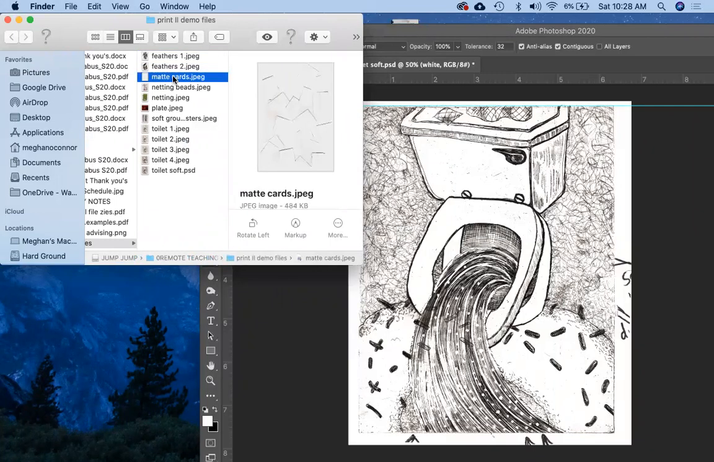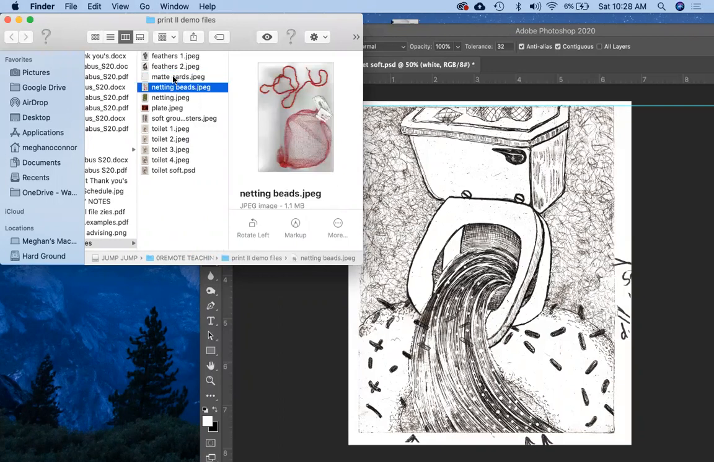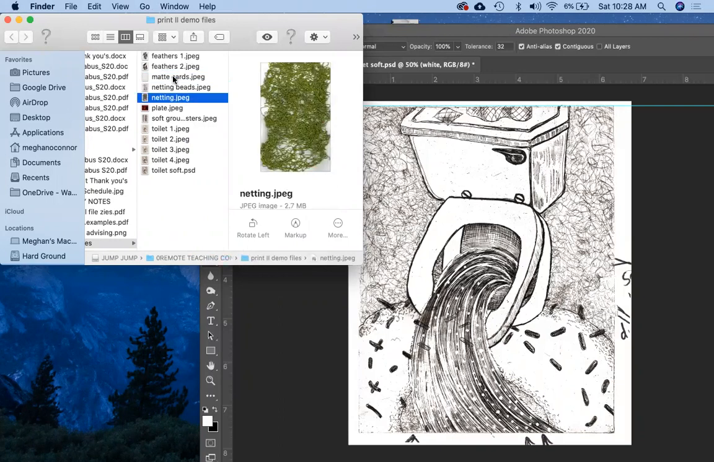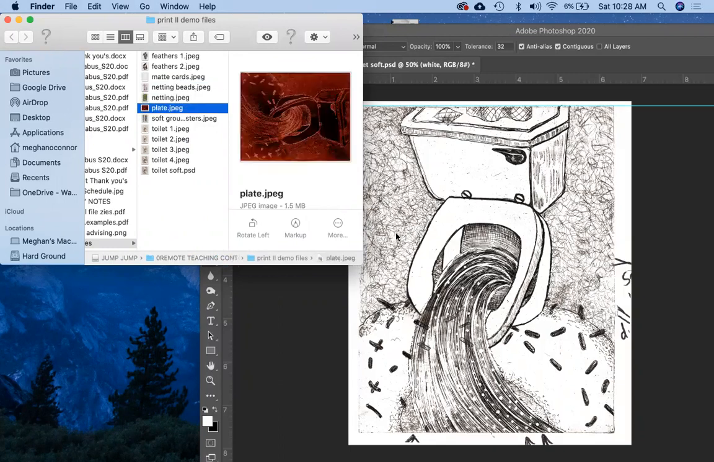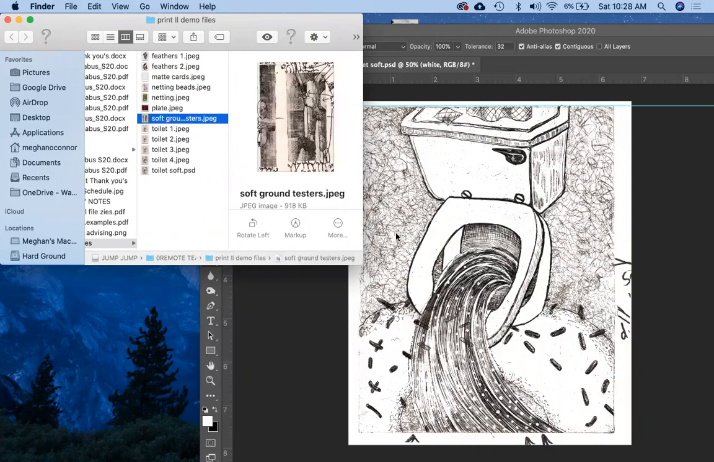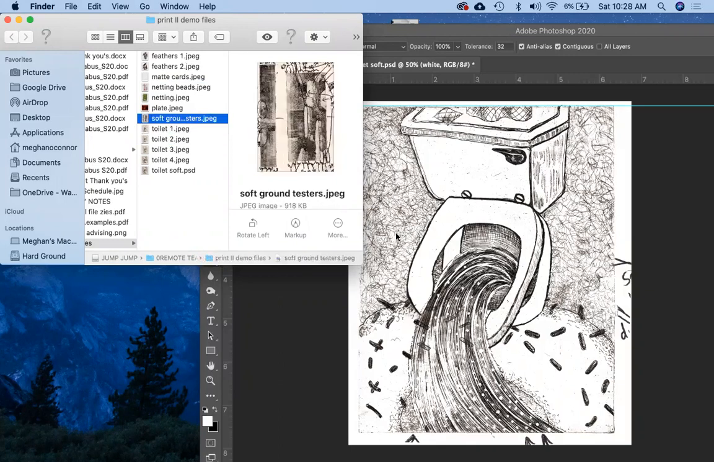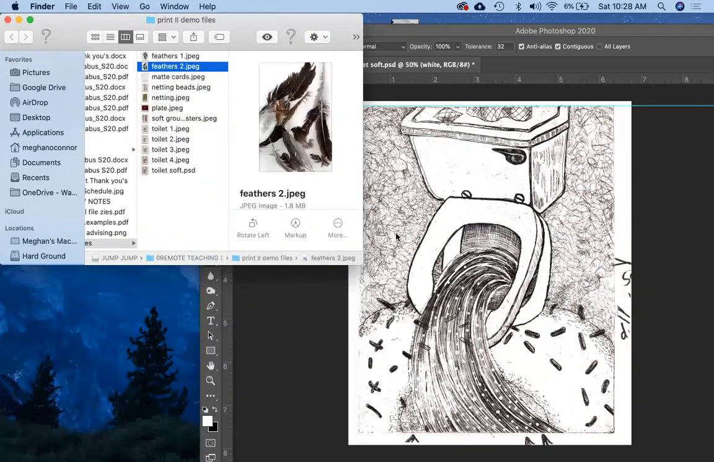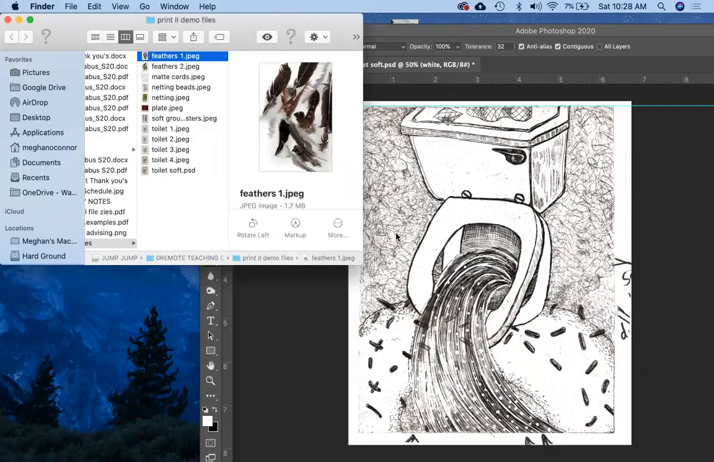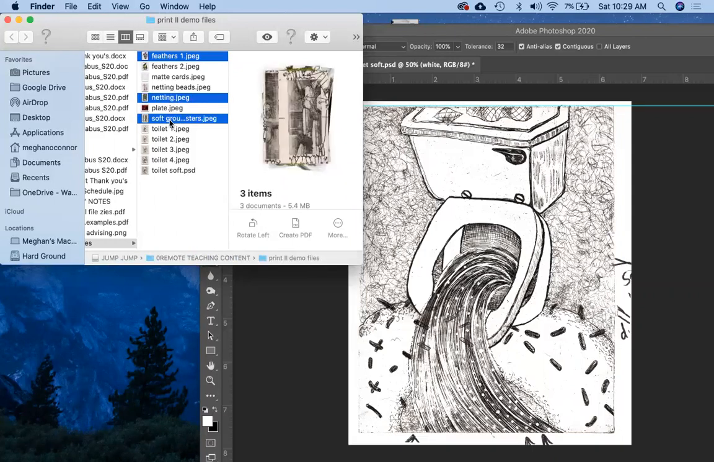I scanned map cards because I didn't know how that would look. There's the netting and the beads. There's some netting there. The netting might look kind of cool in the background there, and I scanned the plate too. I don't think I'm going to use that. Those are my testers of softground, so I think I'm going to definitely open that up. So I think what I'm going to open up is the testers, the netting, and this feathers. Okay, so